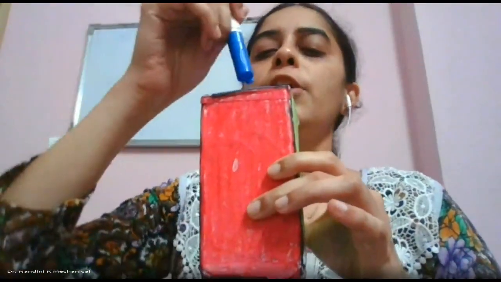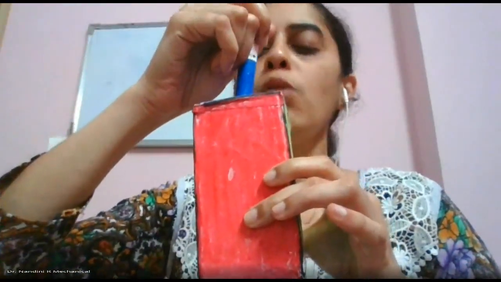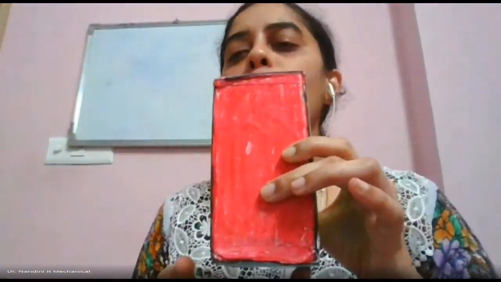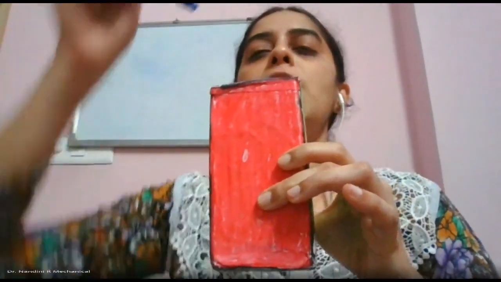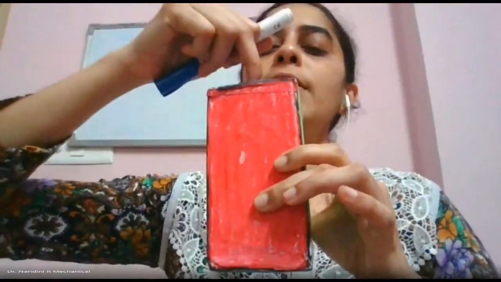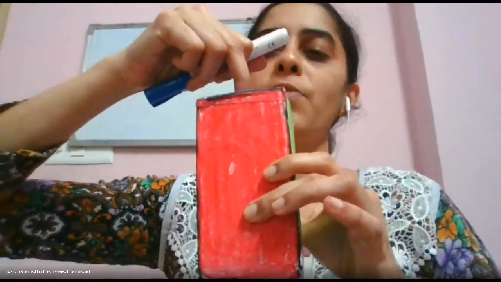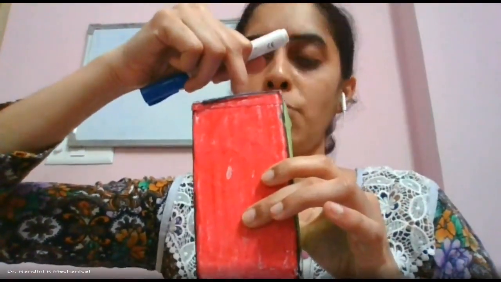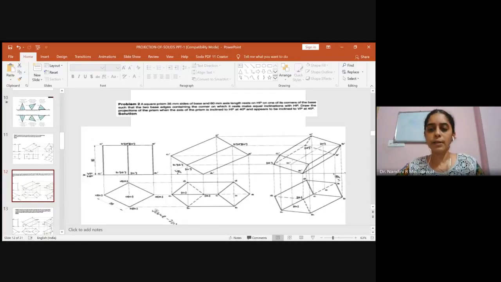After that, the center also you should name. How do you name it? You will have a center O for the top surface and O1 for the bottom surface. When you view from the top, the center of the top surface will be visible, so you write it as O outside the bracket, and O1 will not be visible when you view from the top, so O1 will be written within the bracket. Hence this will be the naming, right?